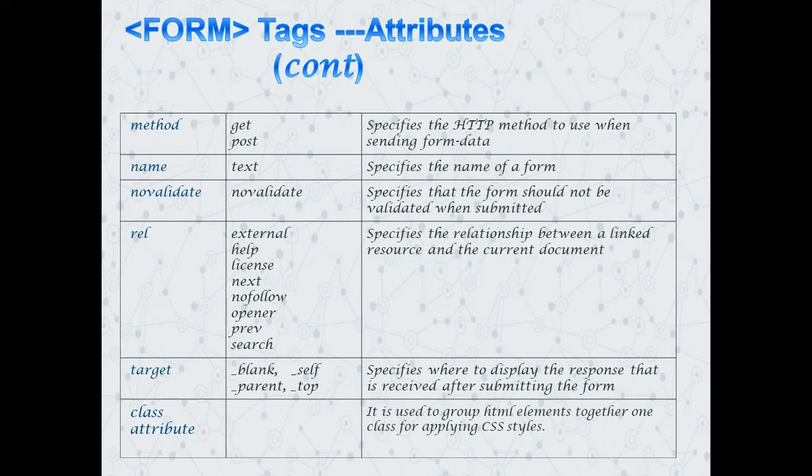No validation means when you don't want a validation rule to be there, then we give novalidate. Now you will be asking what validation means. First of all, if you have gone with the example, there is a validation rule when you ask whether you want this pattern. Let me go with the telephone number. You will be giving a validation that it must be this much. If it is less, then it is not valid. That is the validation. So no validation means the form should not be validated when submitted.